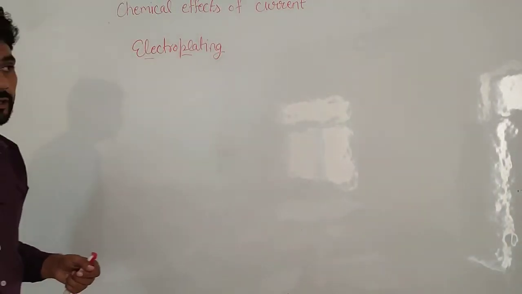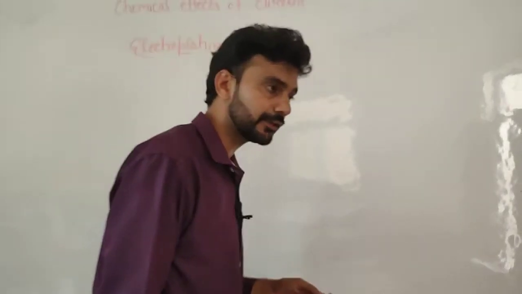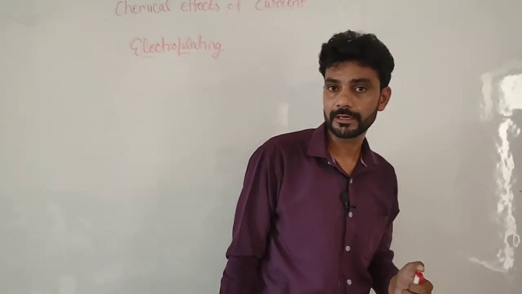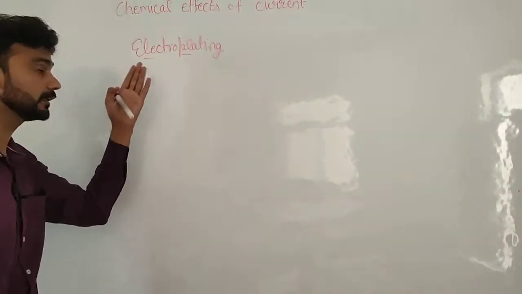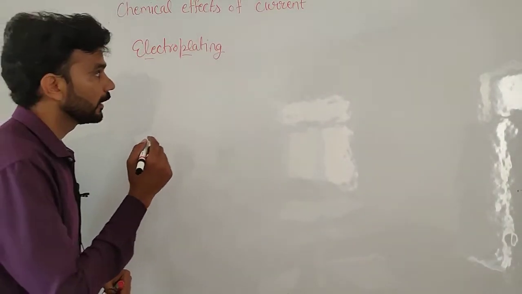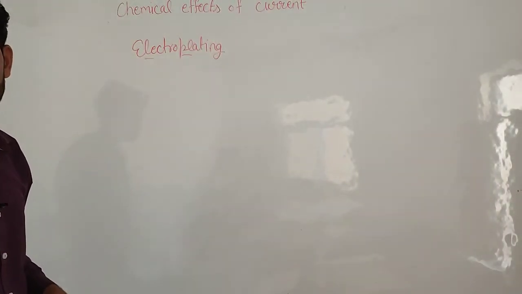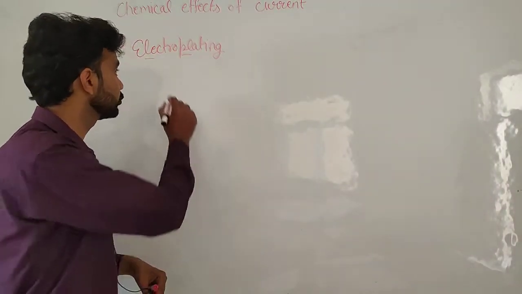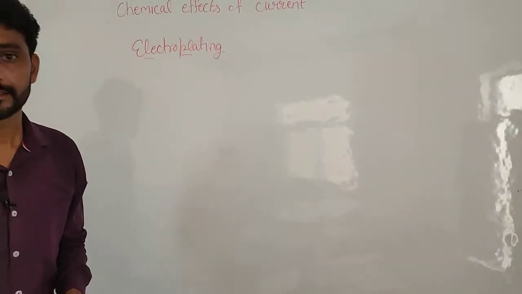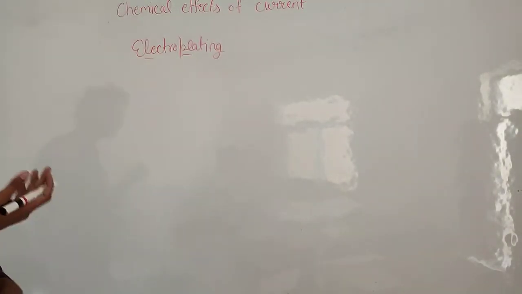Or the process of coating a thin layer of less reactive metal on a highly reactive metal with the help of electric current is known as electroplating. Now the question is, why do we do this electroplating